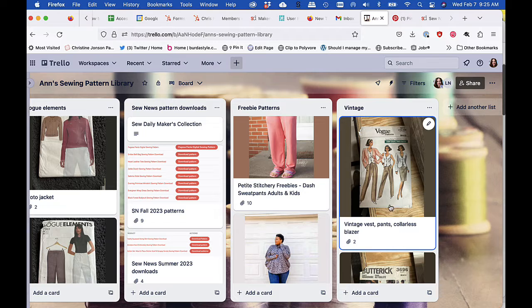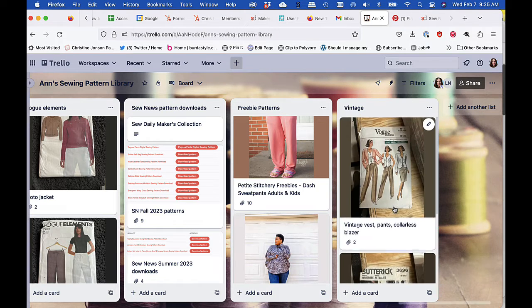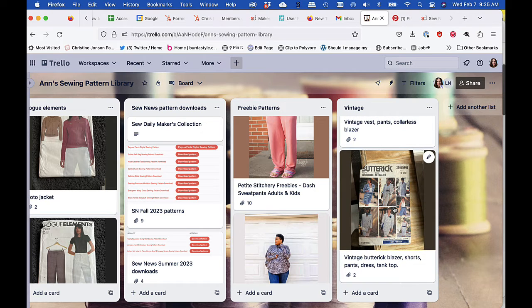Everybody's got a freebie. Now, I do also have a vintage collection, which is not completely filled out. You can see there's only a couple in here, but I have way more vintage patterns that I'm going to go ahead and start cataloging and getting them into here. They would all obviously be in print, but it's nice to be able to have that,